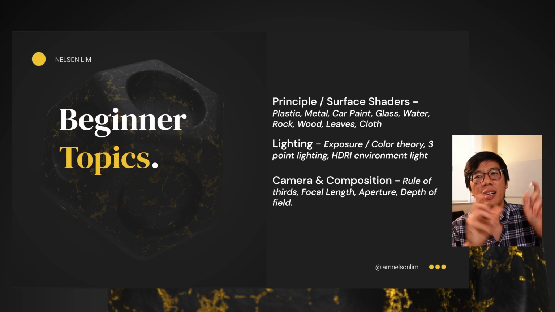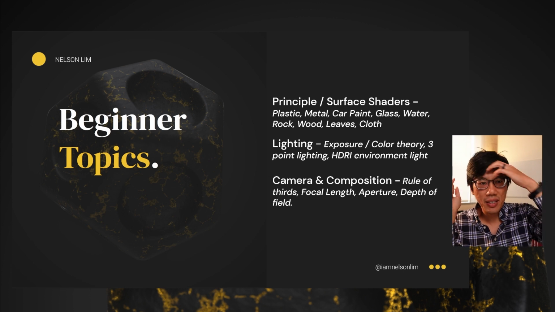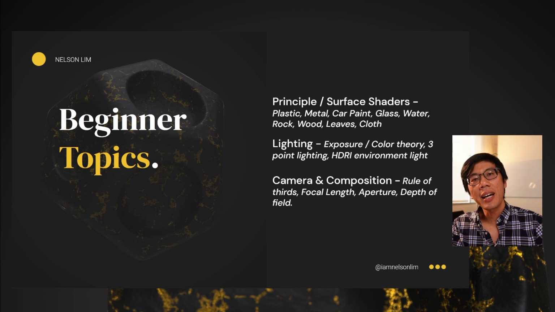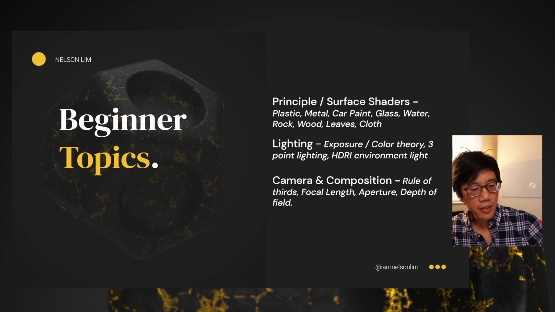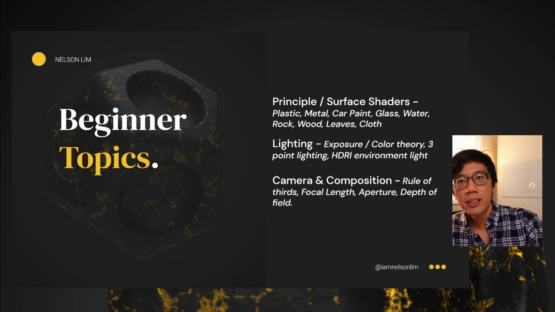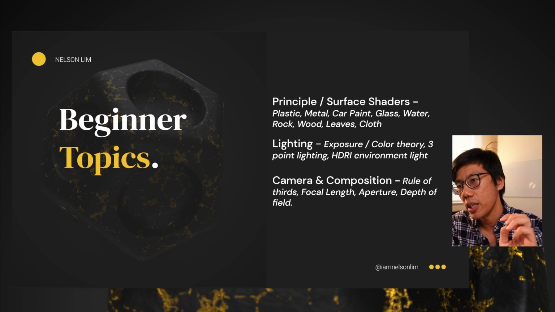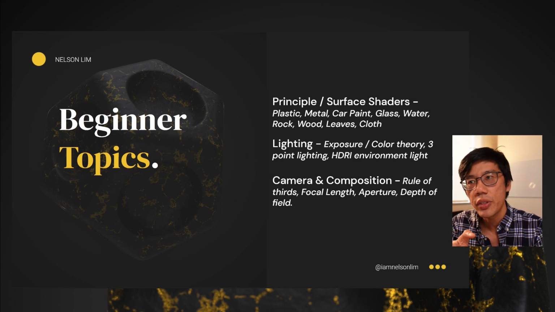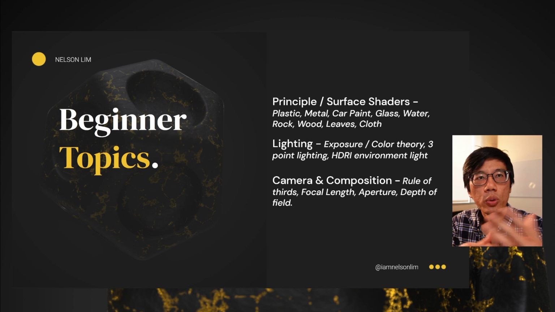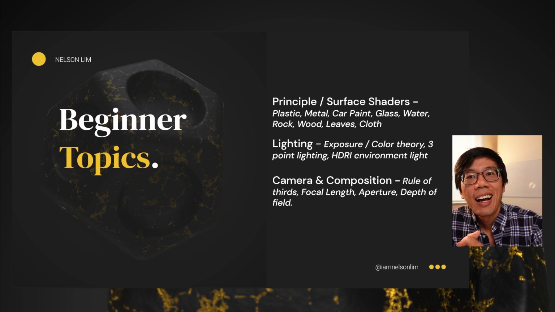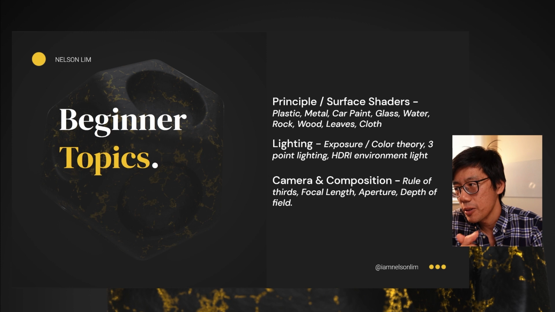Principal and surface shaders. These are what we call uber shaders, and they are able to represent 99% of materials on Earth, whether it's something that looks like a piece of wood or plastic or ceramics or metal. Try to use these uber shaders and their settings to create plastic materials, metal materials, car paint, glass, water, rocks, wood, leaves, cloth, silk maybe, and understand what those materials do to achieve a particular look. And then get to learn lighting,